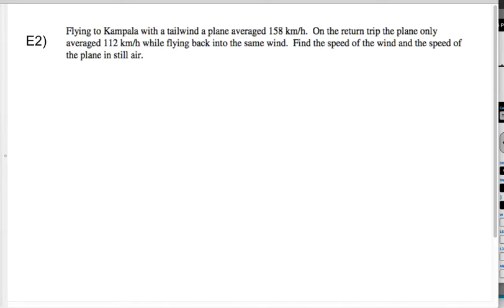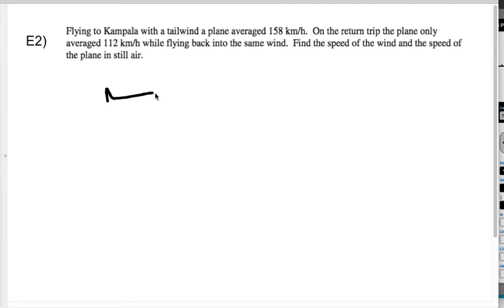Flying to Kampala with a tailwind, a plane averaged 158 kilometers per hour. On the return trip, the plane only averaged 112 kilometers per hour while flying back into the same wind. Find the speed of the wind and the speed of the plane in still air. Okay, so here's the idea. And if you're not familiar with the idea of a tailwind, so